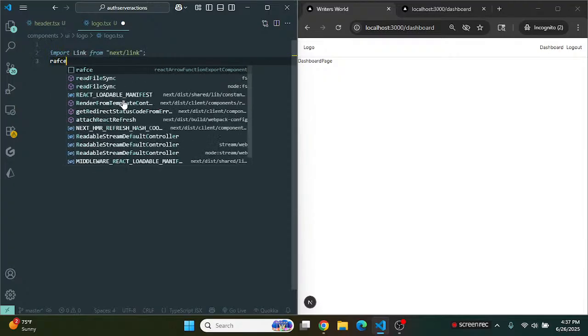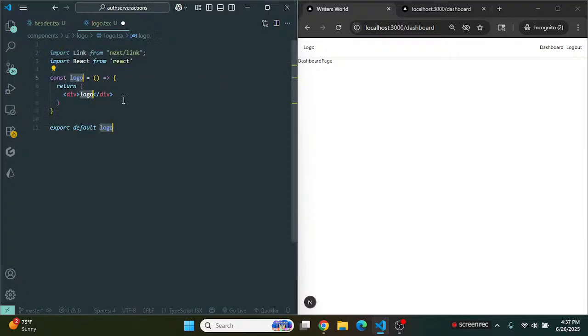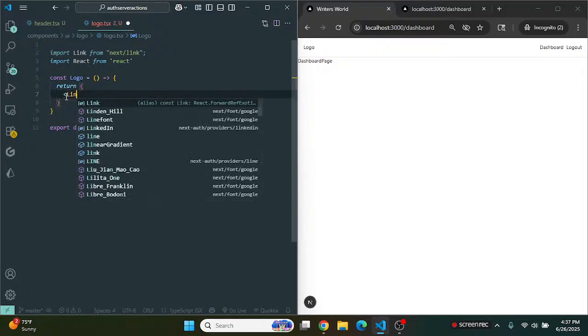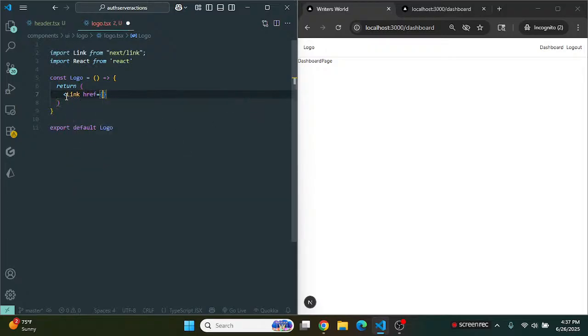We'll use the RAFC snippet to create a const component, or function, excuse me. We'll update the name of this to be logo, sorry. Let's remove this div and replace it with link. We'll give it an href to go back to the home route. And then inside of the link tag, we'll just name this